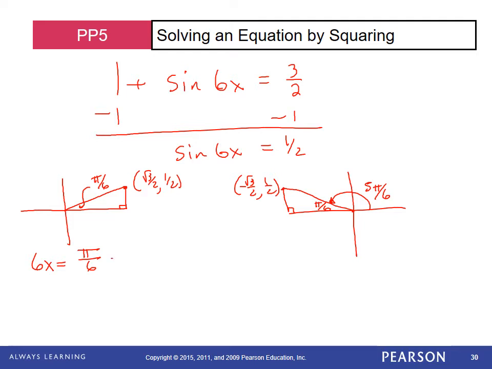You guys remember this one from the beginning of chapter 6, I think? It was 2 pi times the n over there. Remember that little n? Okay, so here's what we're going to do first. We're going to divide through by 6. Or you could say we're going to multiply through by 1/6. So x is equal to,